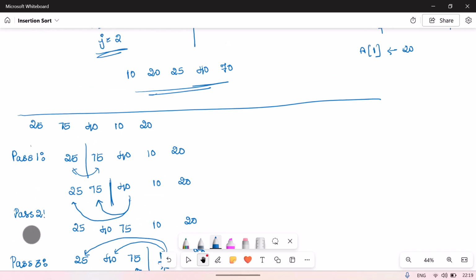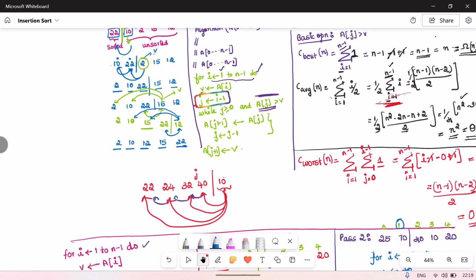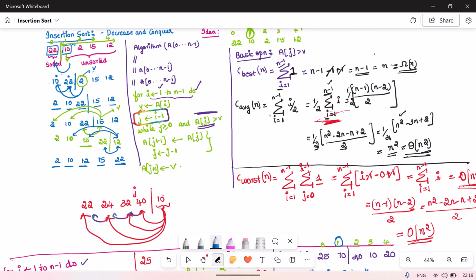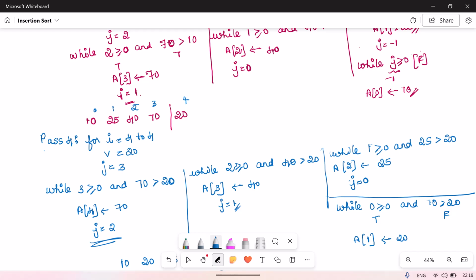Okay, so we have looked at the algorithm. We have looked at the 3 complexities. We have looked at the model question paper question also. So you can take up your own elements and you can do the sorting and